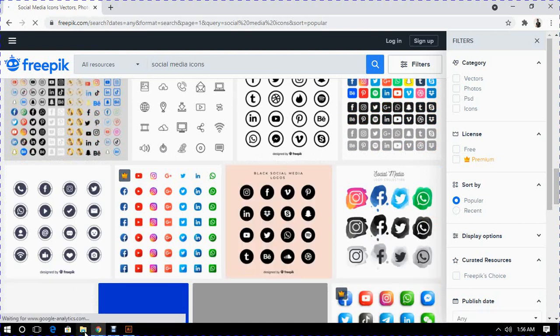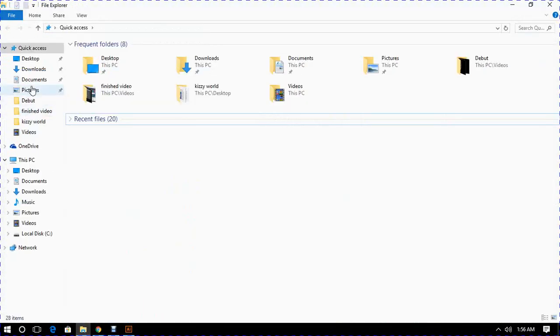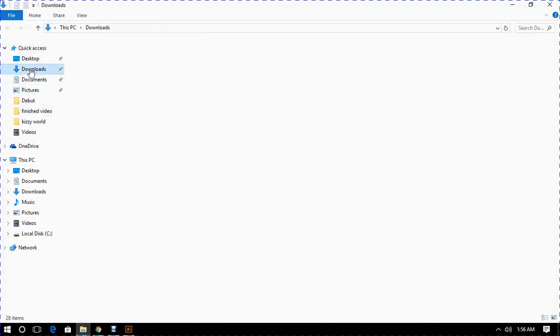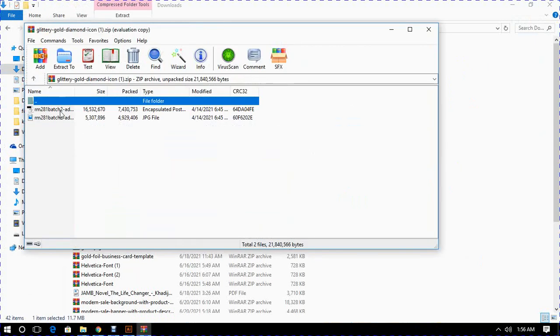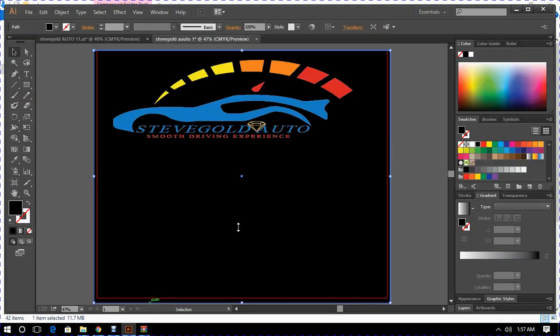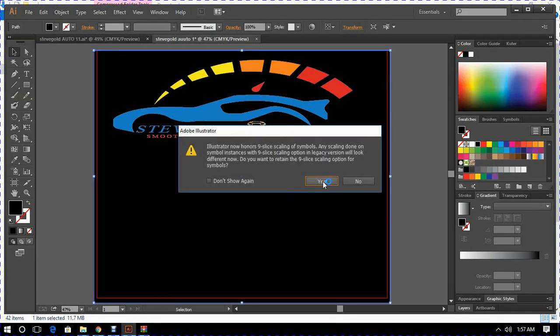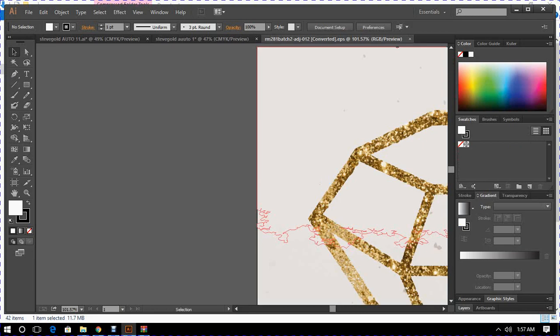So I'll just move over to my download, then bring it up. Icon. Okay, here it is. I will open it in my Adobe Illustrator. Okay, no, this is not it.